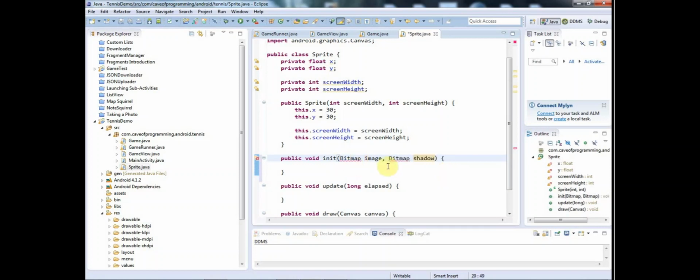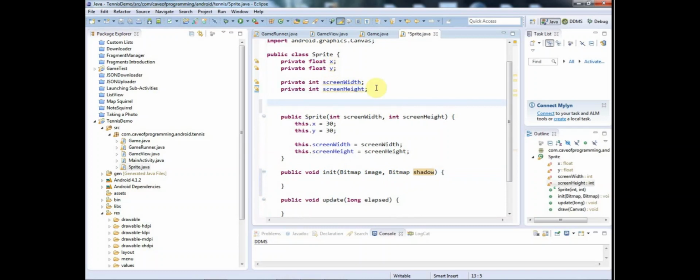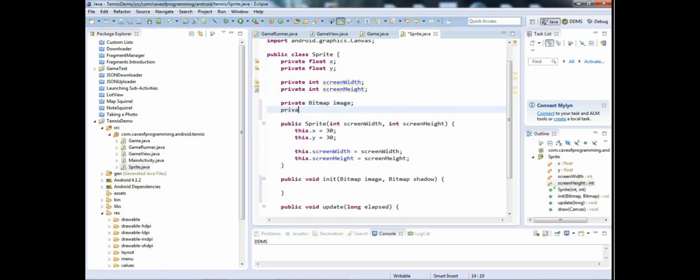And again, this is very specific to this particular little demo game, and you won't necessarily want to have the same 2 bitmaps. I'm going to store those up here, so private bitmap image and private bitmap shadow,